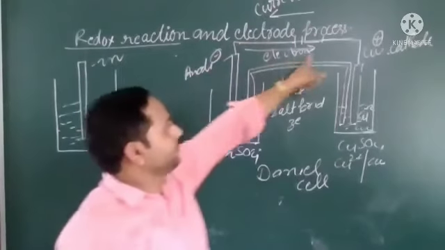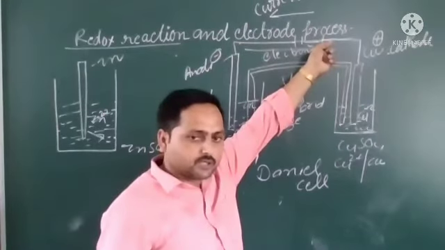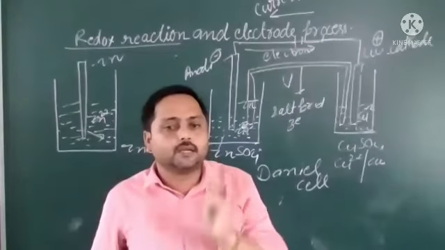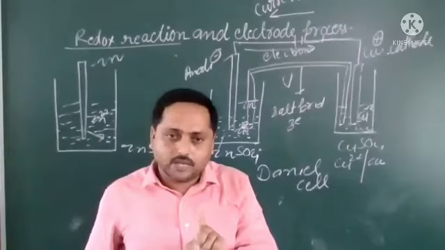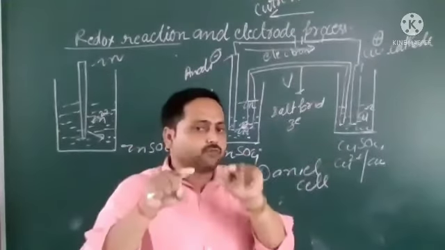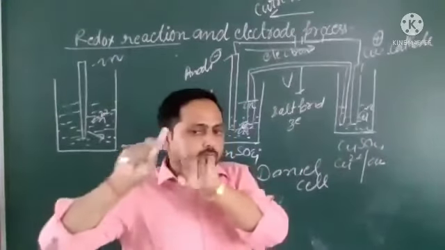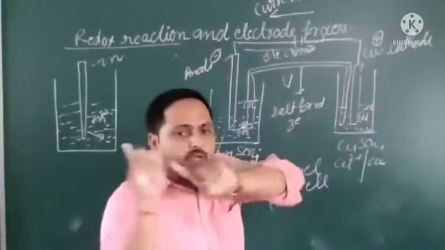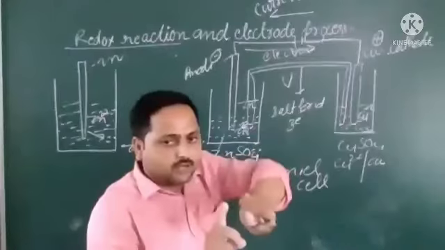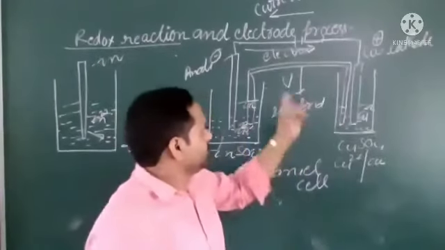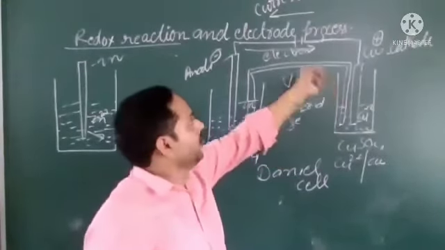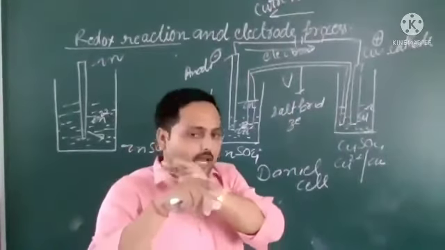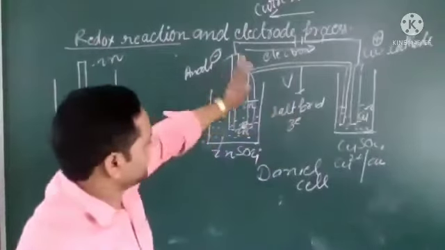Yes, and we will put on the switch. Electricity will flow, but transfer of electrons directly will not take place. Like that, I wrote one equation, CuSO4 plus H2SO4. In that you have seen electron was transferred from zinc to copper. That transfer will not happen directly in this cell, and it will be transferred with the help of this tube. And the flow of current in this is just opposite to the direction of flow of electrons. Okay, this we have seen.